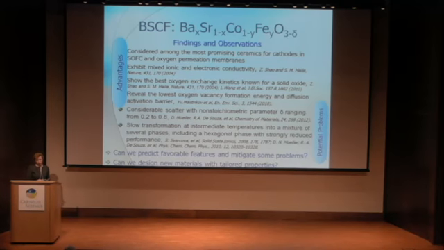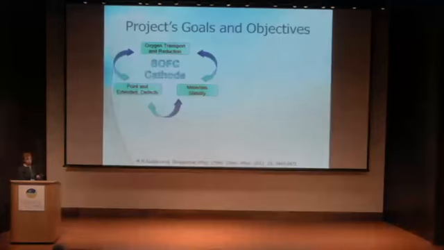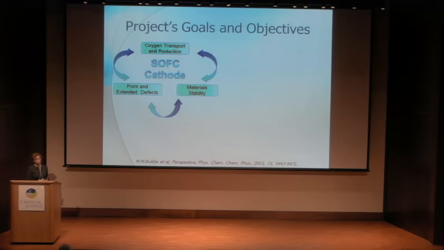So one is, can we predict these favorable features and mitigate some problems in this series of materials? And the second one, which is closely related to this, can we design new materials with tailored properties from scratch? Or can we improve existing materials somehow with some manipulations or some treatment of the material, and what can be done? So, which helped us to formulate the whole project goals and objectives.